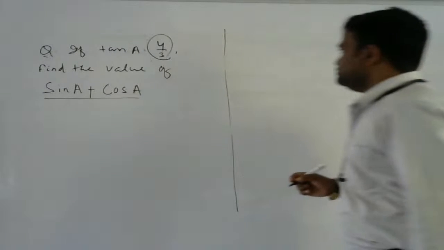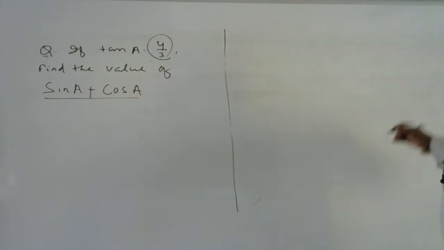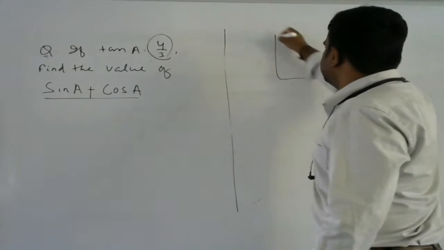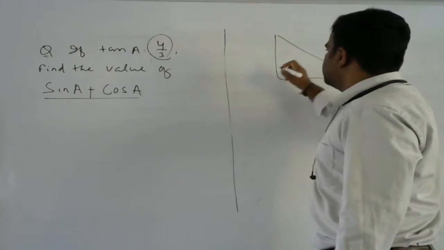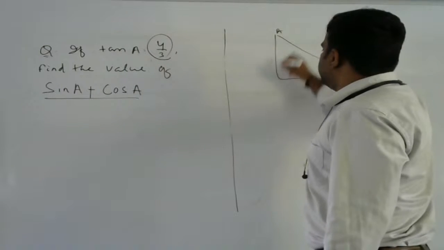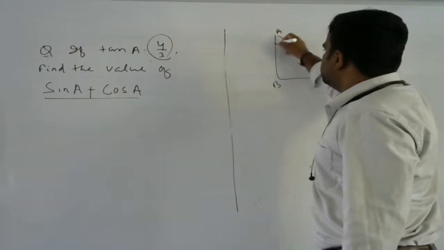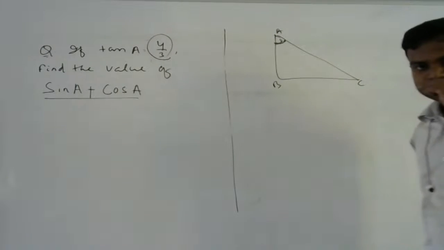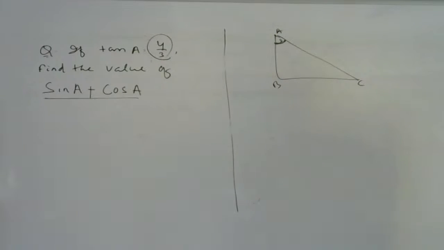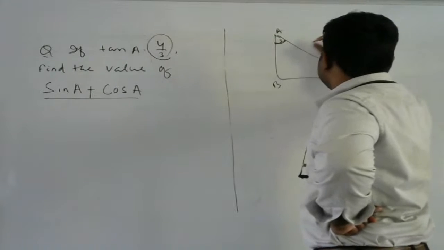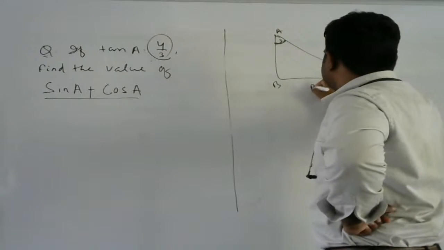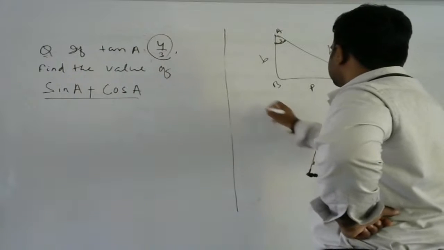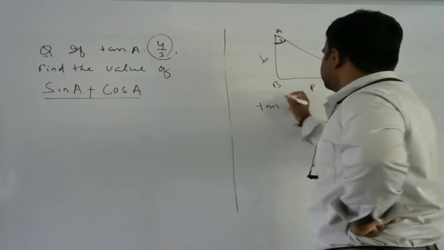Tan A is 4 by 3. That means in a right angle triangle, let's say ABC, this is your angle A, meaning theta. If this is theta, then this will be P, this will be B, and this is H. So tan A,